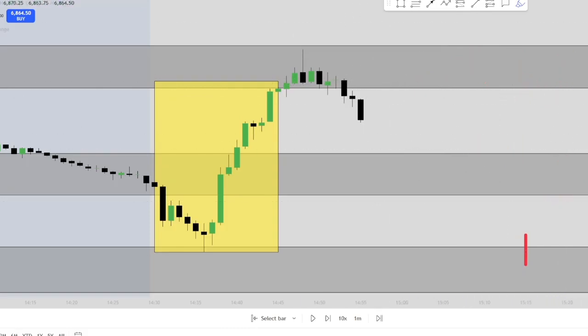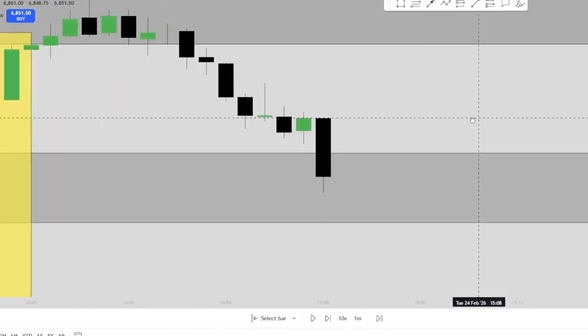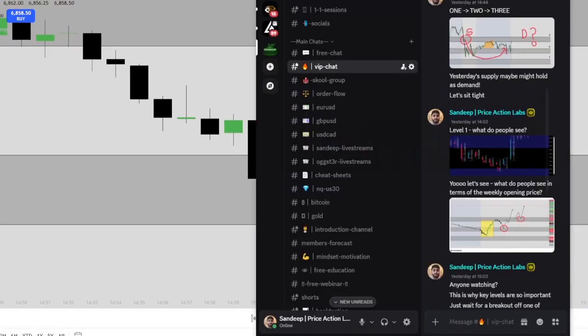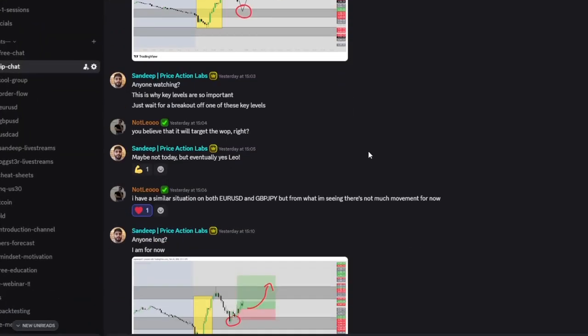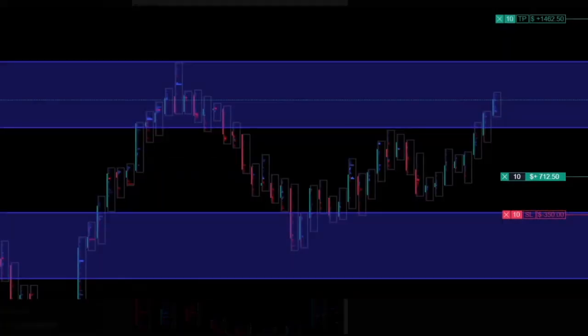So what is the theory behind this? How did I know price was going to go up? What was the main theory over here? Candle by candle, we're going to break this down. So let's break this one down. Executions for this day were, here we go, executions were 68.62 or